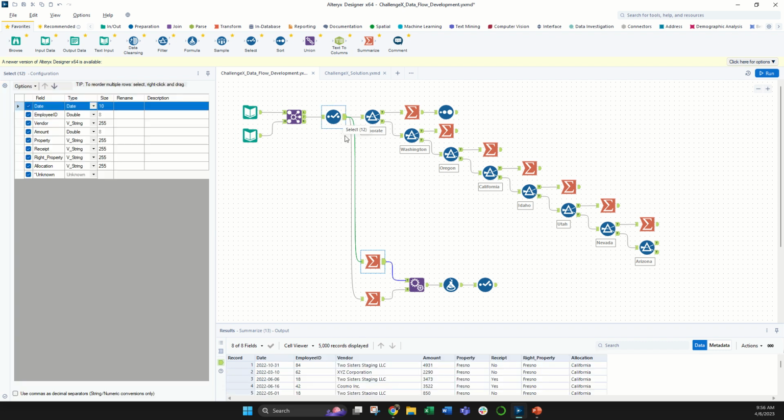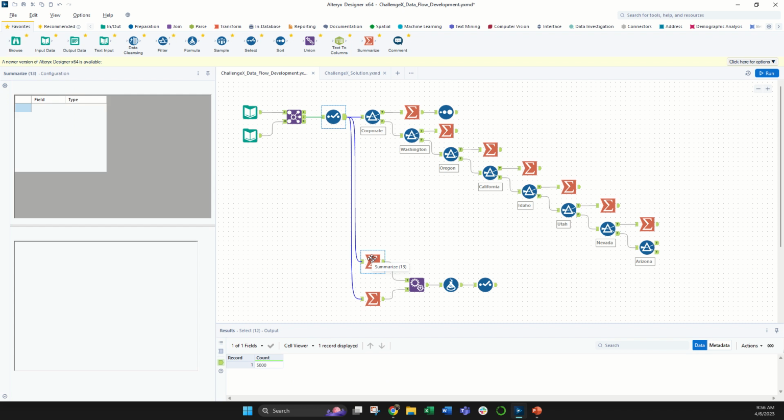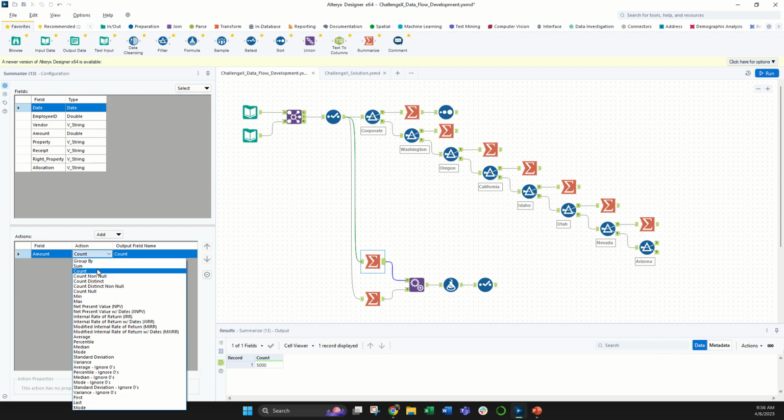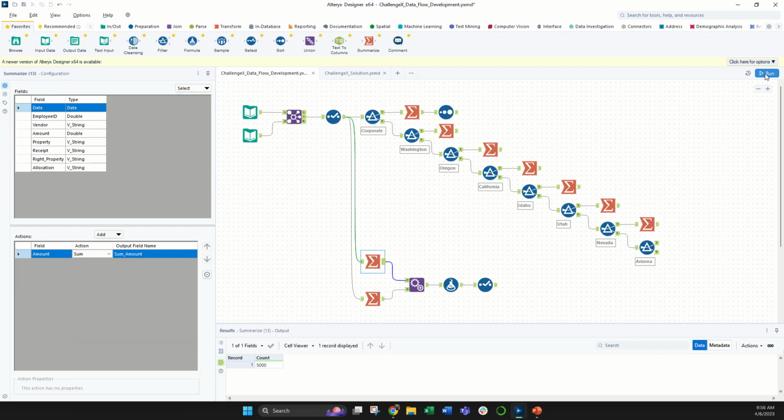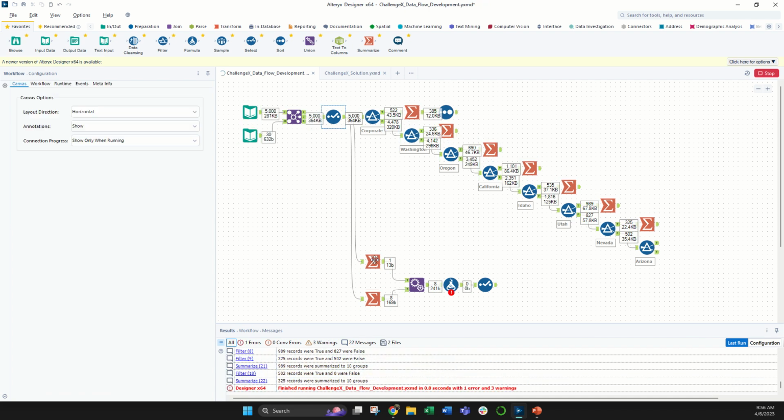What this is doing is just counting how many values are in the amount column in our entire data set, which we already know is going to be 5,000 because there are 5,000 rows. This is not right. This should be a sum formula. We should be summing the total amount